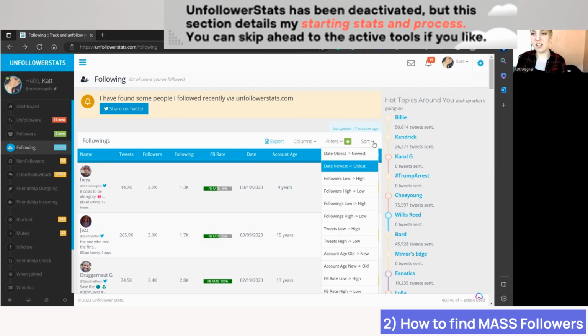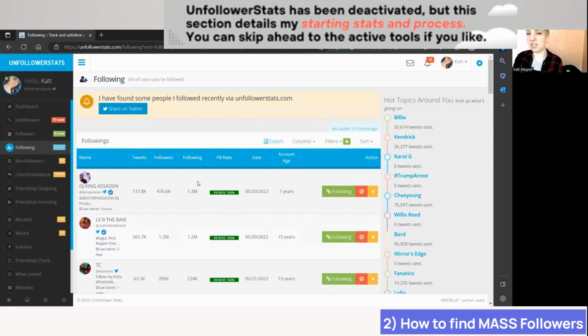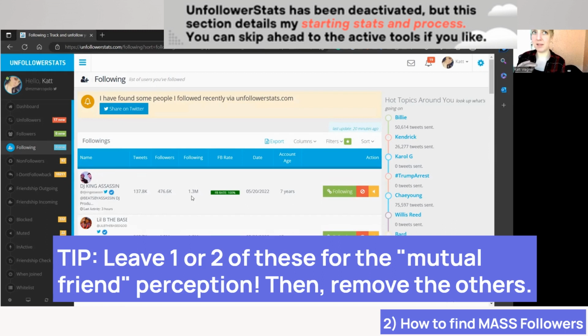followers left over. So from following or from followers, we're going to sort followings high to low. Now, instantly you can see this person's following 1.3 million people. Like, when are they ever going to see my tweets? However, I'm going to leave them because this account I see show up on Twitter as, maybe I can